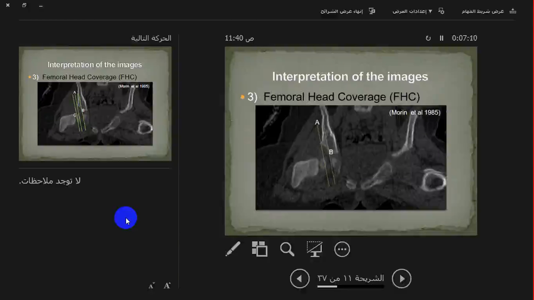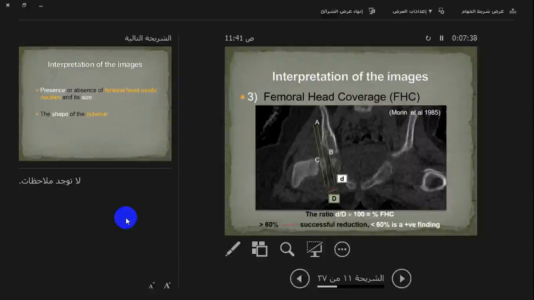Another line was drawn along the medial side of the cartilaginous femoral head, and this was outlined by the pulvinar. And then a third line was drawn along the lateral aspect of the femoral epiphysis. So you've got 3 parallel lines here. The distance between A and B was considered D small, and between B and C was considered D capital, and